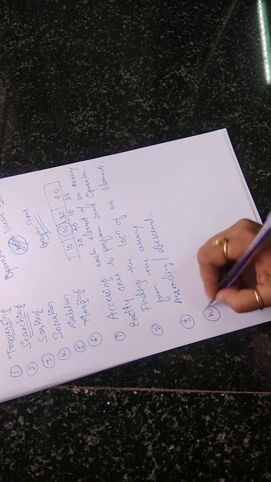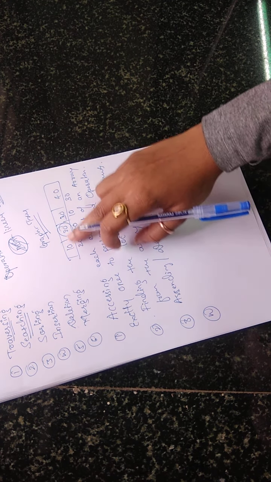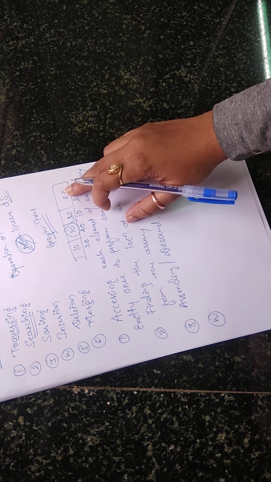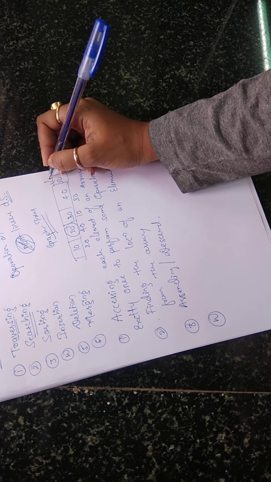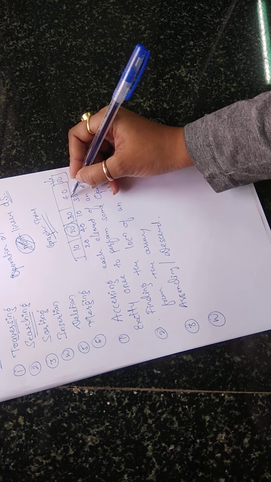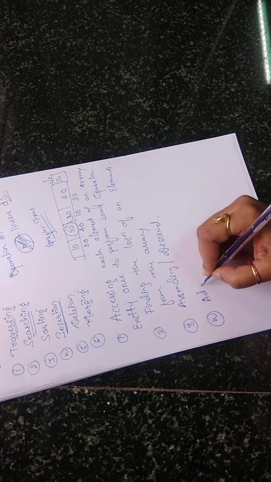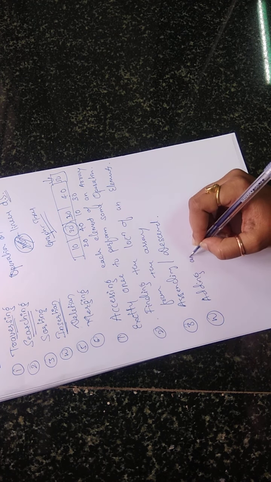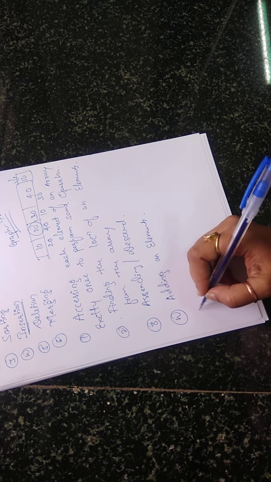The fourth one we have is called insertion. What do you mean by insertion? Insertion means adding an element into the array. See here, this is your array, 10, 20, 30, 40. Now I want to add one more element, 50. Adding one more element to this already created array is called insertion. You can add one element, or multiple elements also.